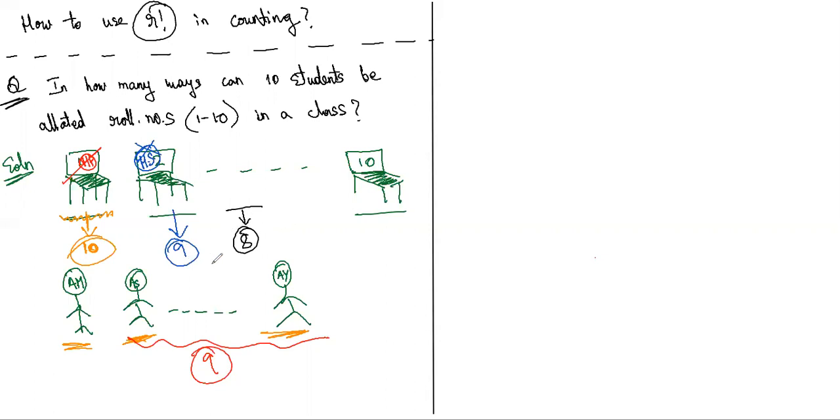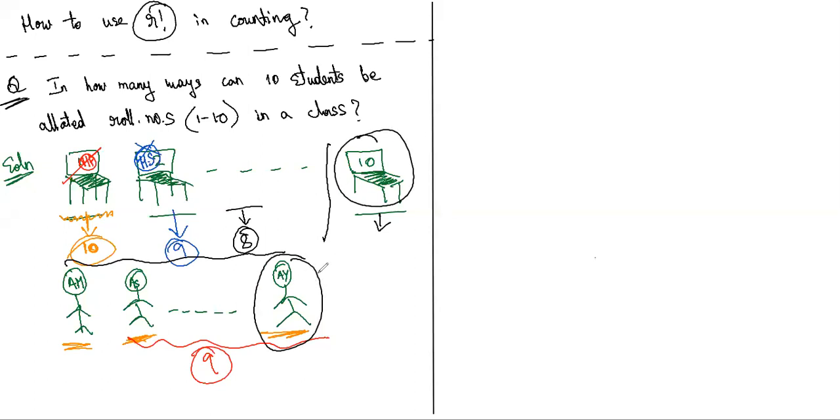So if you have 10 people and 10 chairs, by the time she comes to the last chair, if 9 people are already sitting and there's only 1 chair, then definitely you'll have only 1 person remaining. In this figure, it is Ayush. So that fellow has no choice. He has to go and sit here. The teacher will make him sit here, the 10th chair. Did you guys get it? Yes, sir. So this is more like a diagrammatic representation or approach to the question.